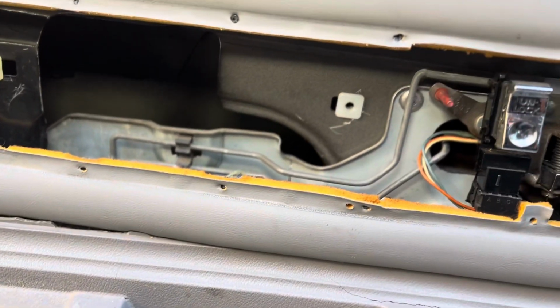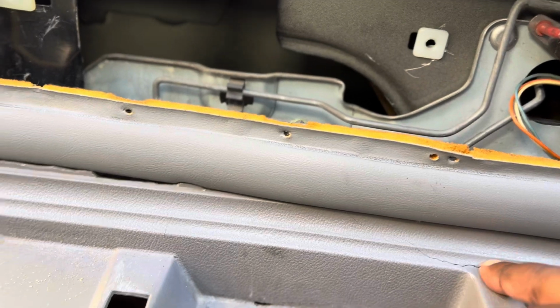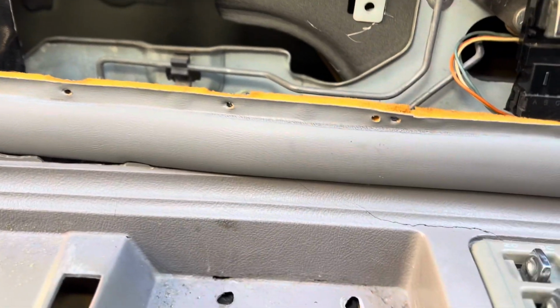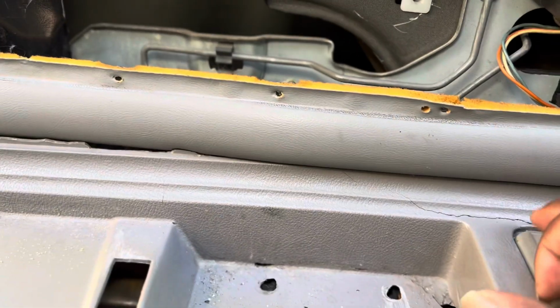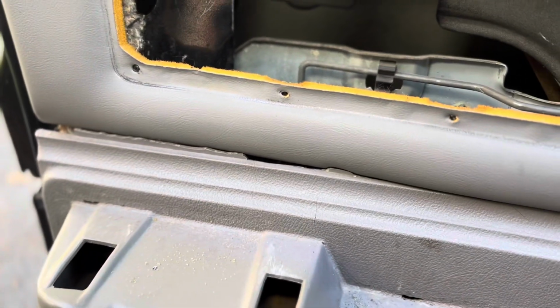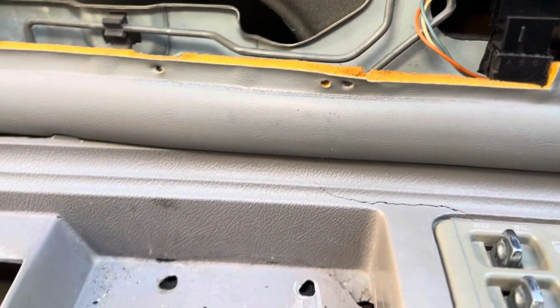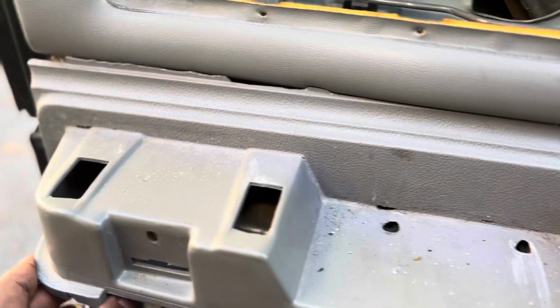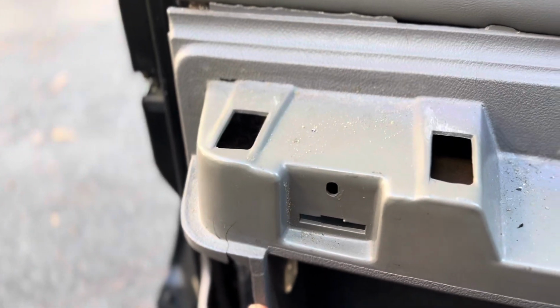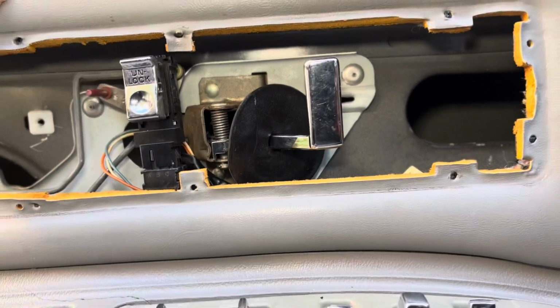So what I think I'm going to do with this, but this might be for a later day in another video, is I'm going to get some of my wife's epoxy stuff and epoxy this, sand it down and repaint it. Epoxy acts like a sealant, a glue, so it shouldn't be too bad doing this part. But right now we're just going to do something simple,